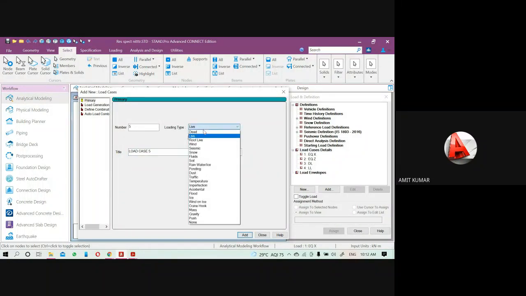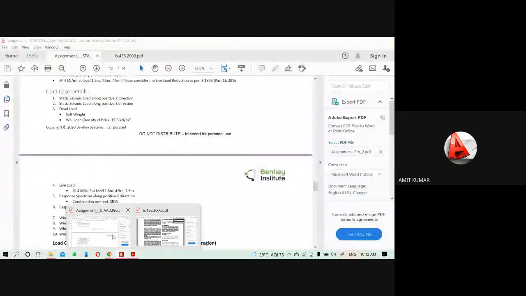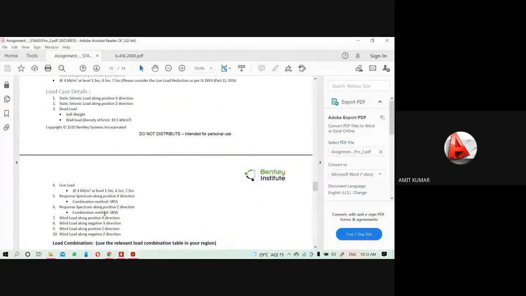Then again it is seismic load, that is your response spectrum from x-axis. Then response spectrum Z. Wind load is along positive x, then negative x direction, then positive z and negative z direction.